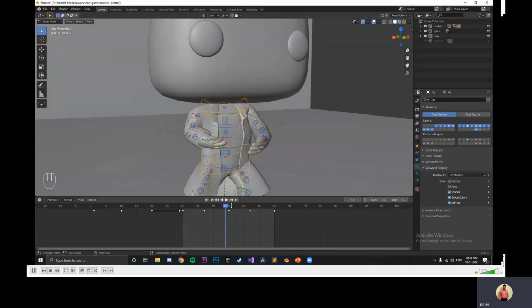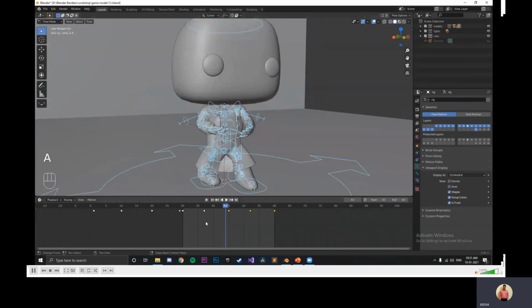So let's say, for selecting everything, I press A. Everything turns blue. Now over here, you can see all the keyframes. I will delete these keyframes for now. I press X and I click delete keyframes. Only the ones which were selected have gone. Now I press A here and again I delete these. Now there is no animation. Not to worry, because we are going to animate this ourselves.